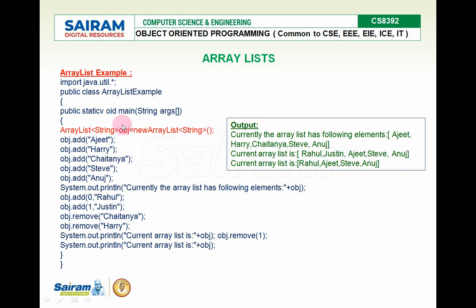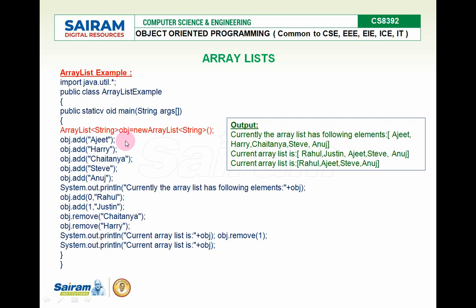So what happens here is obj is the object of the ArrayList class, which is going to represent or hold the string elements. So here is a method called add. We'll see later what all the methods are available in the ArrayList class. This add method is going to add the following string to the ArrayList by using the reference obj. So obj is my object, right? So object dot method available in the ArrayList class is add. So add is the method adding this string inside the obj ArrayList.